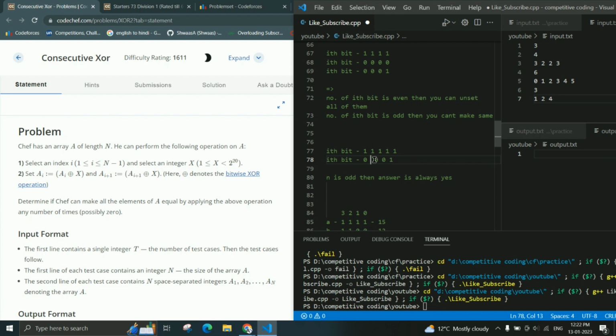So I can apply the operation here, then this will be toggled, then I can apply the operation on this index, then it will be 0, and this bit will be 1. Now I can apply the operation here, then all of the bits will become 0. So here you can see that if n is odd, then the answer is always yes, because